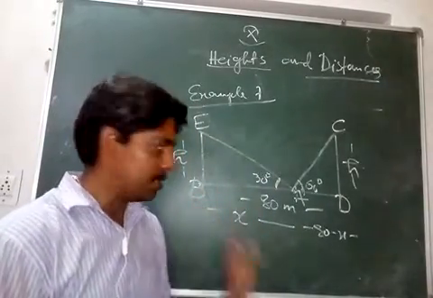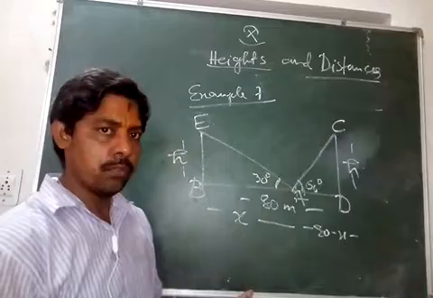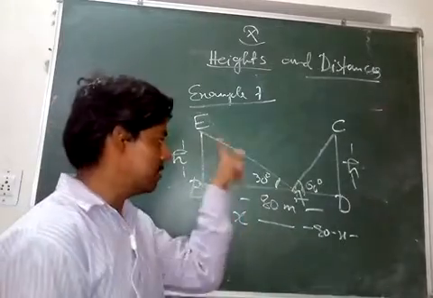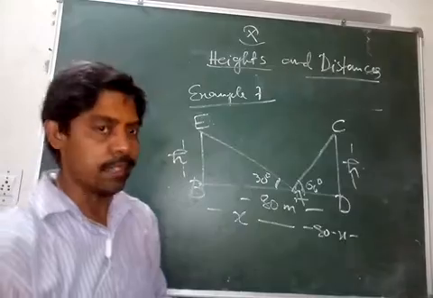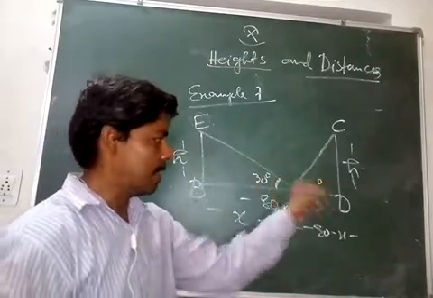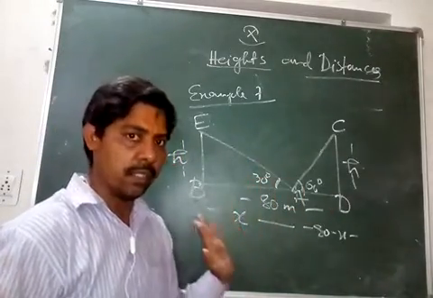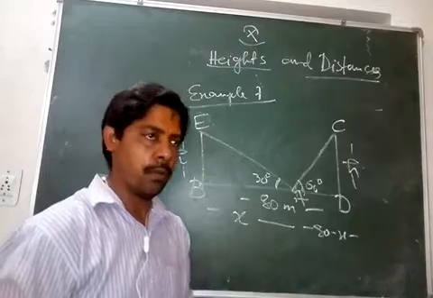Once you write the two distances, the most important part is the diagram. If you are able to draw the diagram properly, then the next thing is very simple. You have to take the two triangles, or whatever triangles you can see in the diagram, and apply simple trigonometry.